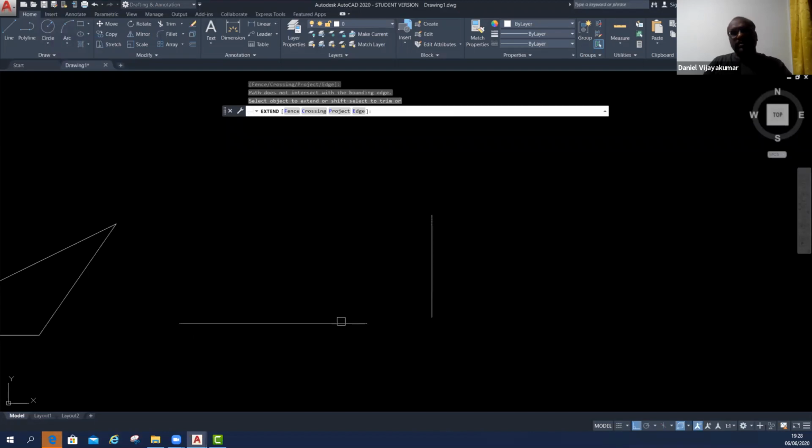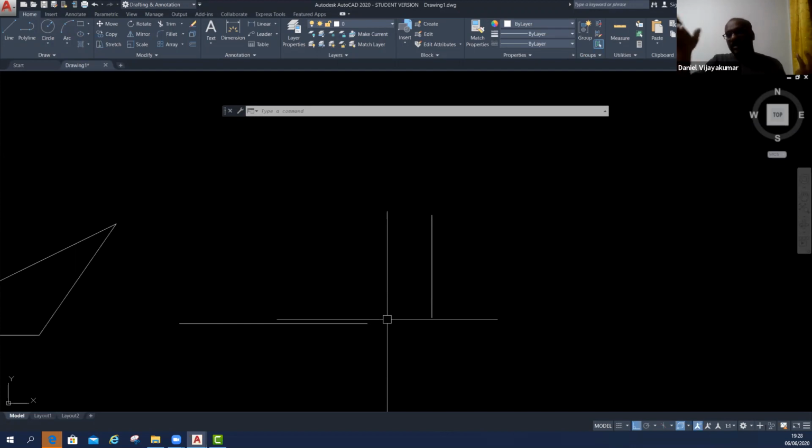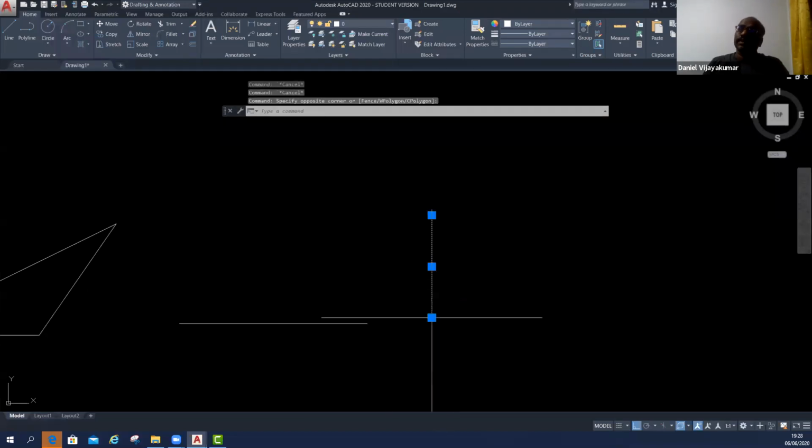If you click, you cannot get it because your vertical and horizontal lines are not getting an intersection. So sometimes we try to use the extend command but cannot do it because the vertical and horizontal lines are not meeting together. So that is the basic criteria to use the extend command.